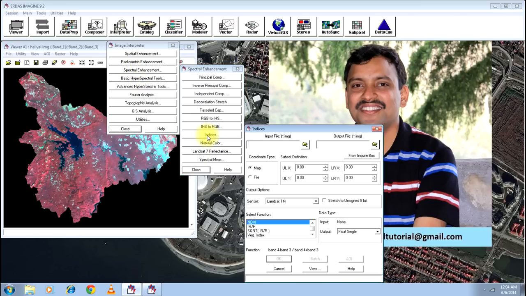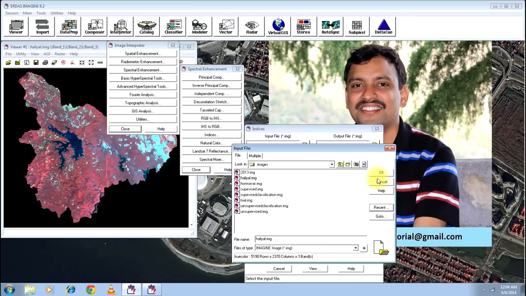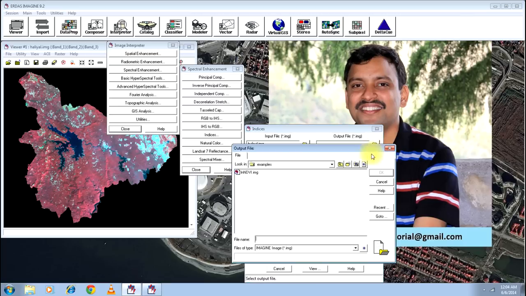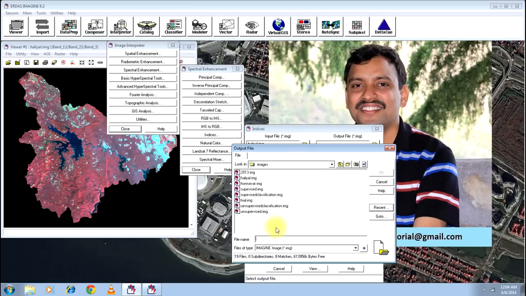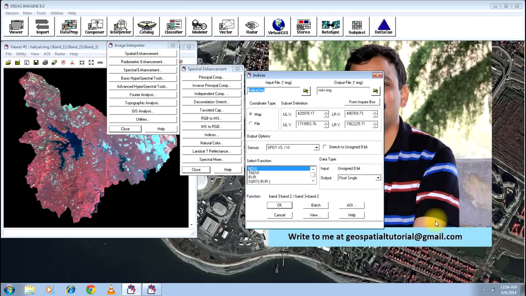Select that. Here you will be giving the input file, that is the same file that you have selected now, and you will be mentioning the output file as well. Output file, I'll give it as NDVI and press this dialog box twice to define this output file.